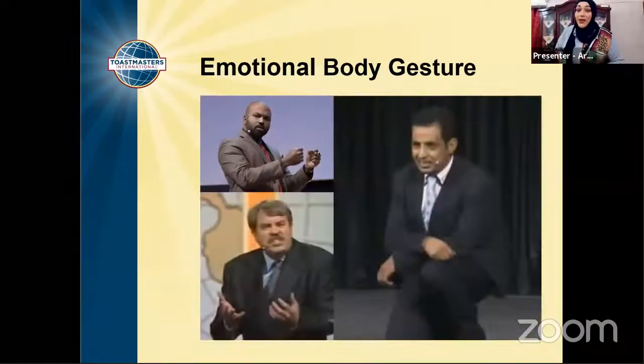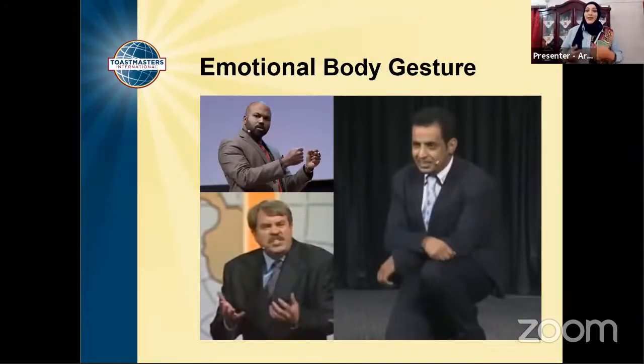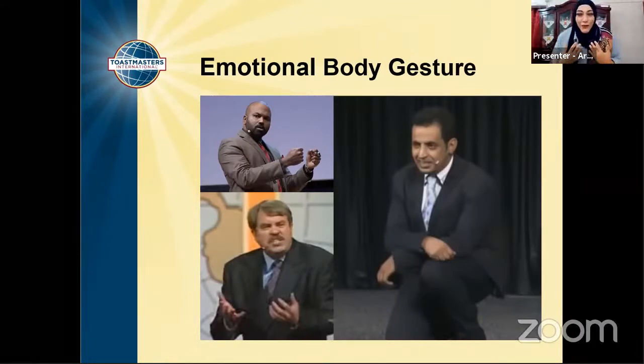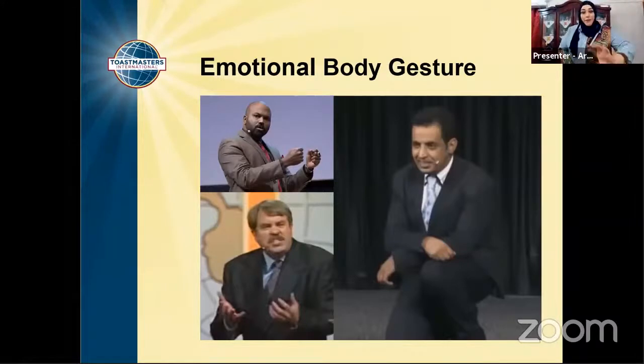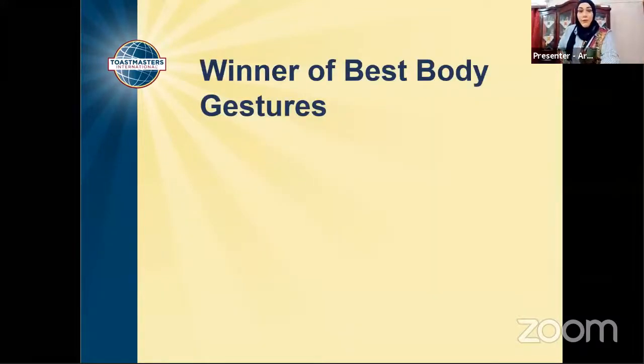The emotional one is when you want to show more feelings, like you can see in those pictures. Try your best not to mix the emotions. One day I saw a speech and the guy was saying in and out. Like this was confusing. In and out, it should be in and out. So we need to practice and practice to get the exact or the perfect body gesture.